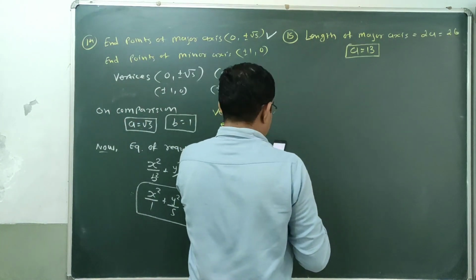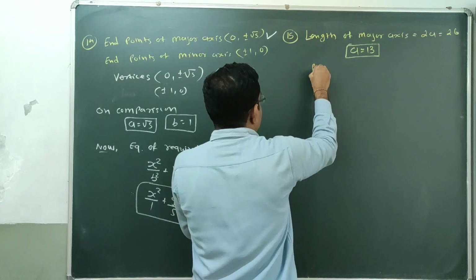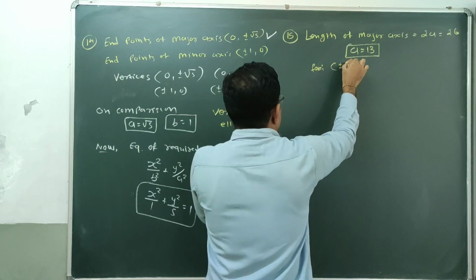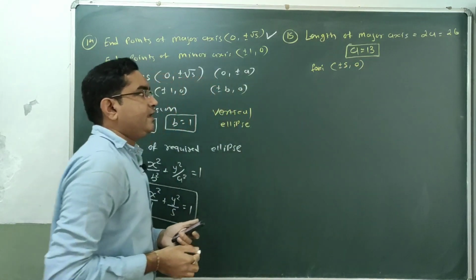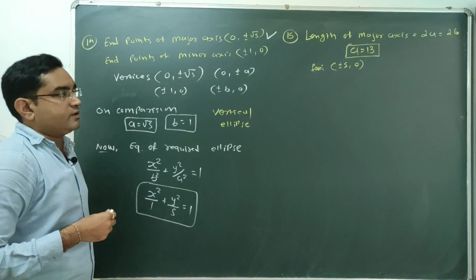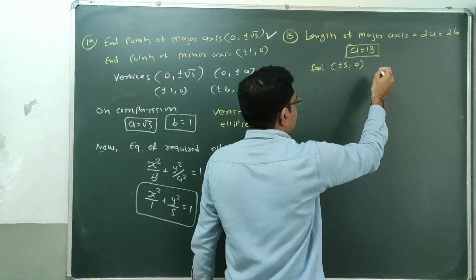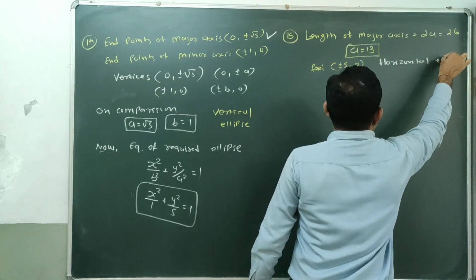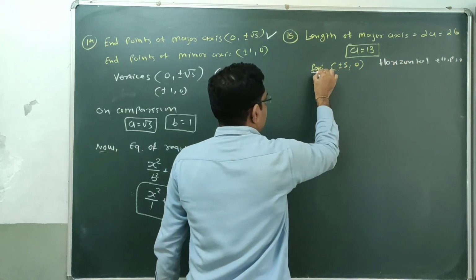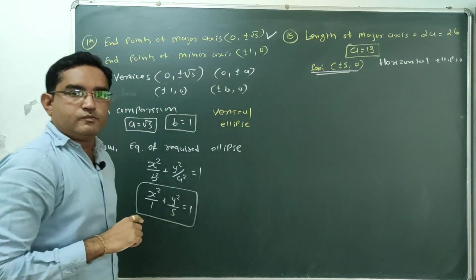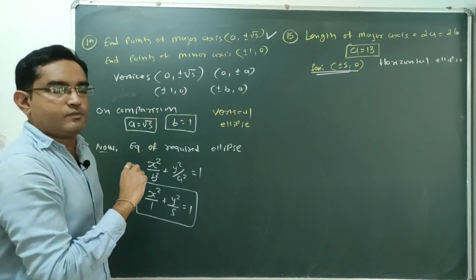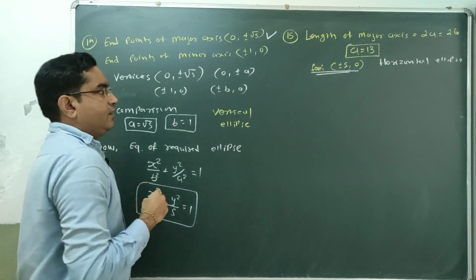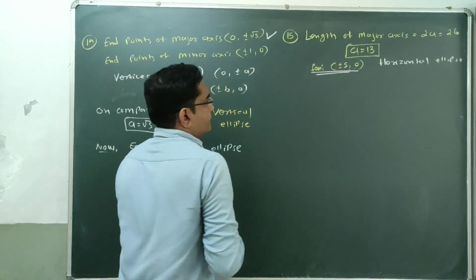So let's check second condition. Here coordinates of foci are given, and that is equal to plus or minus 5, 0. So now we get the idea that both foci lie on the x-axis. So this is the case of a horizontal ellipse. Where did the idea come from? From the coordinates of foci. Both foci lie on the x-axis because the y coordinate is 0. Done? Hence our ellipse is a horizontal ellipse, and for that we require the values of a and b.